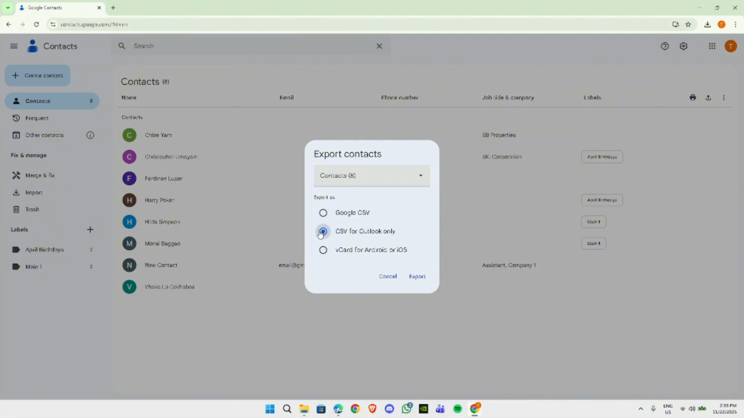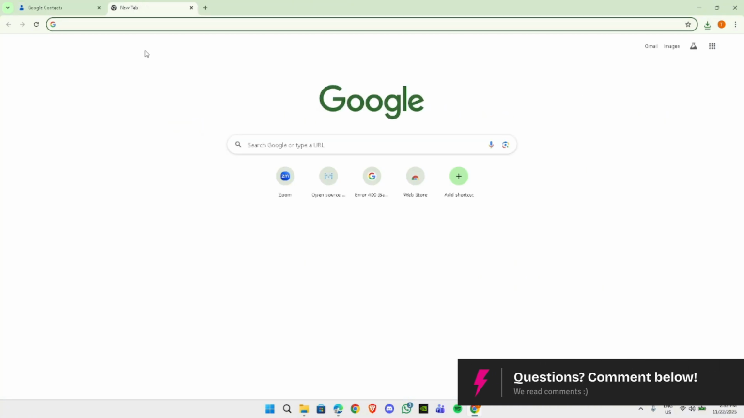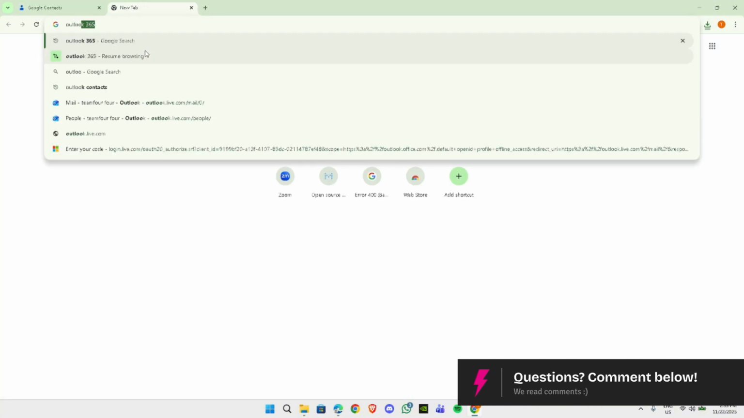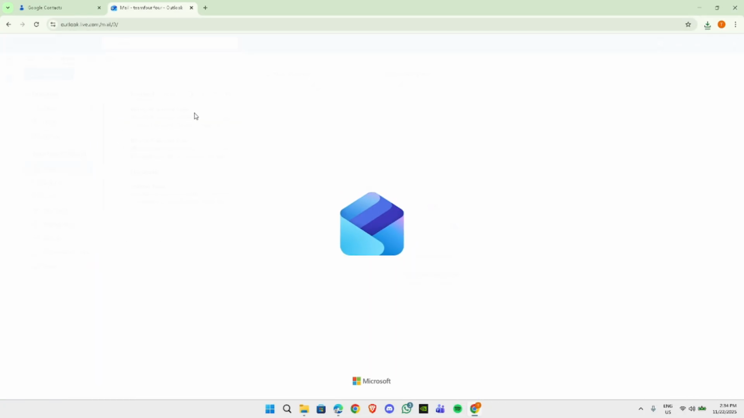A pop-up will appear. Select CSV for Outlook and then click Export. The CSV file will download to your computer, usually appearing in your Downloads folder or at the top of your browser. Next, open a new browser tab and go to Outlook 365 by searching for it and clicking the official